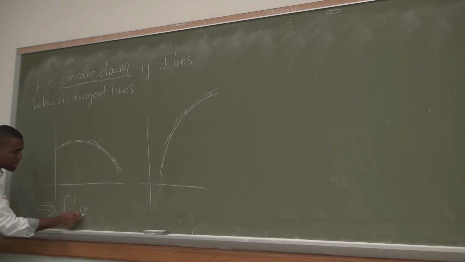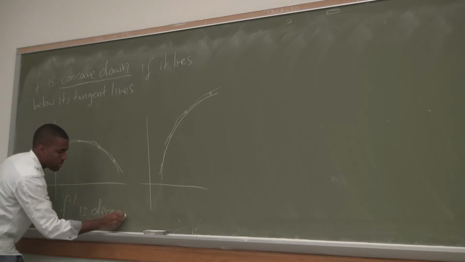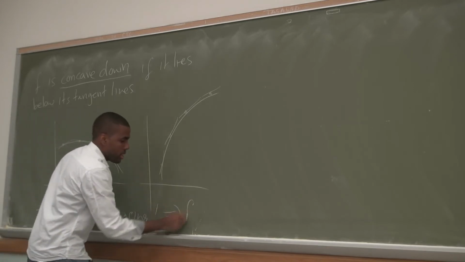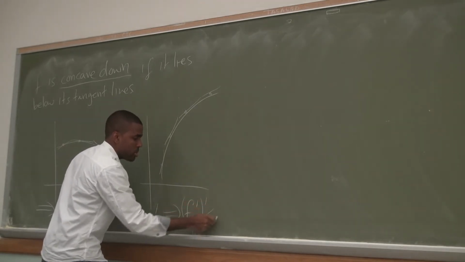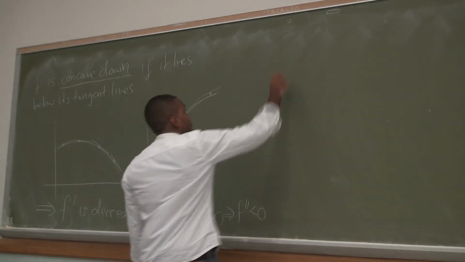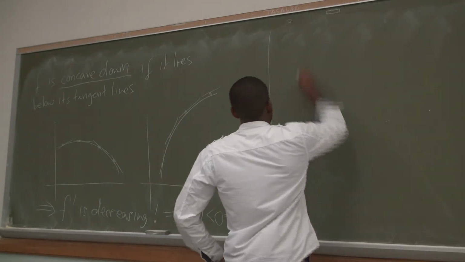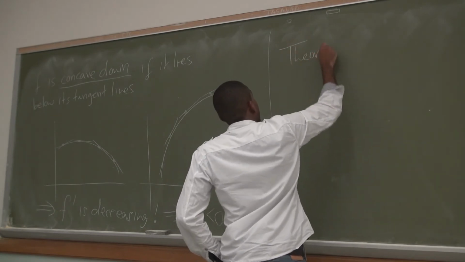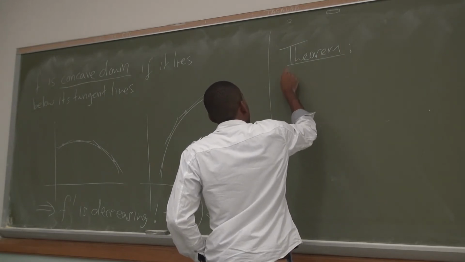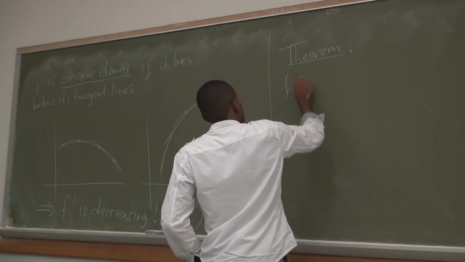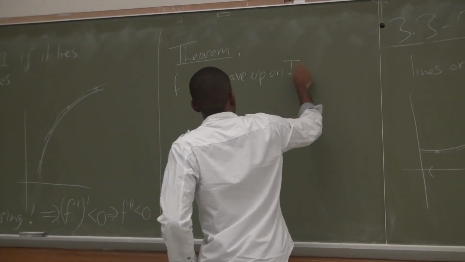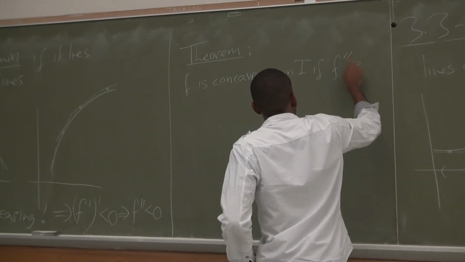Here you see F prime is decreasing in all these cases, which means F prime's derivative has to be negative. That is, the second derivative is negative. And that gives us the next theorem. If F is concave up on I, if F double prime is positive,